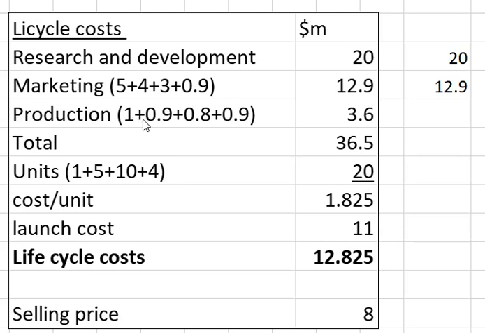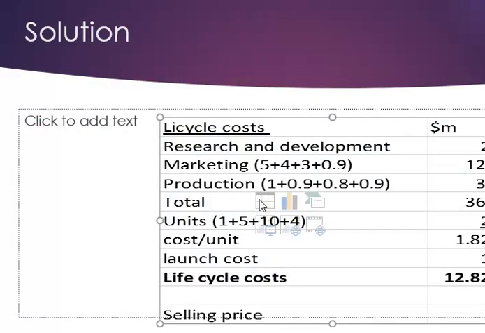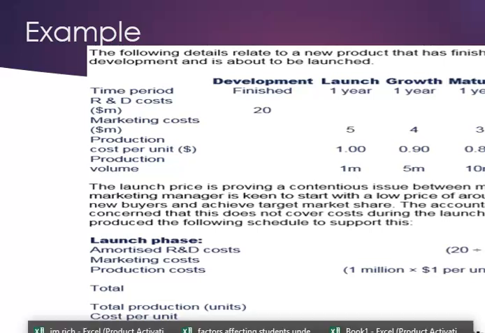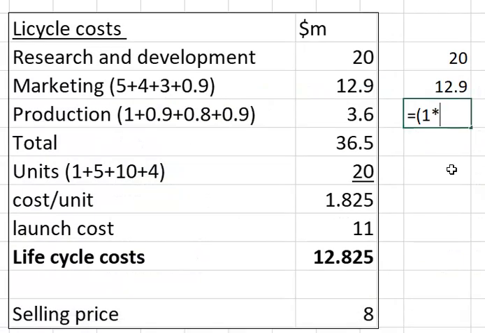These were per unit, but now we have to change them into total, into the millions. So this is what we're going to do. I'll start with 1 times this production per unit, 1 times, back to the question. Production, if you check, it was 1 unit, so you multiply by 1 million, like that. So times 1 million